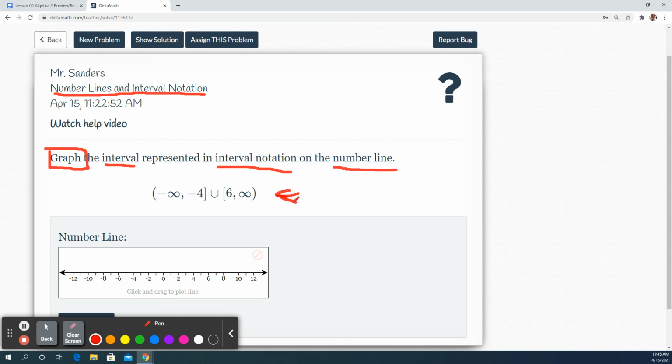have it there. So things to note is that's the union, which just means these two things are together and represented on the same number line. On the right side here, a parenthesis means not included. So we can never touch infinity, so it has to be that way whenever we have the infinity sign. We are not including the end of infinity because there is no end. And then the bracket here, the bracket means it is included,